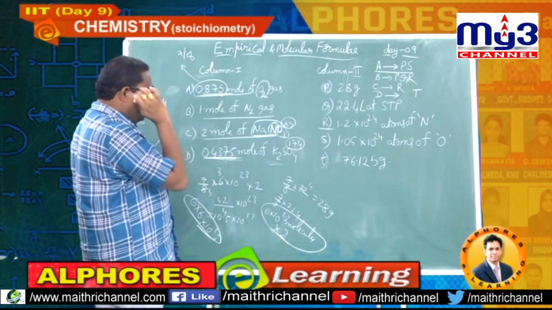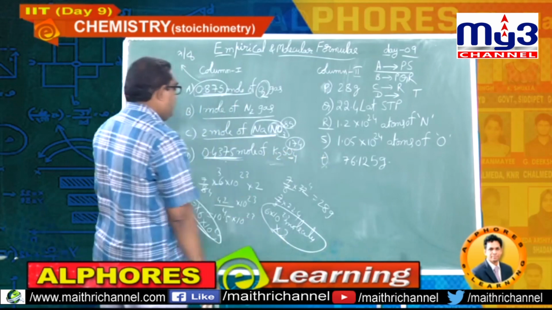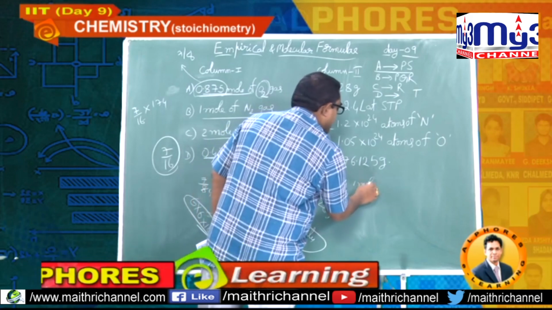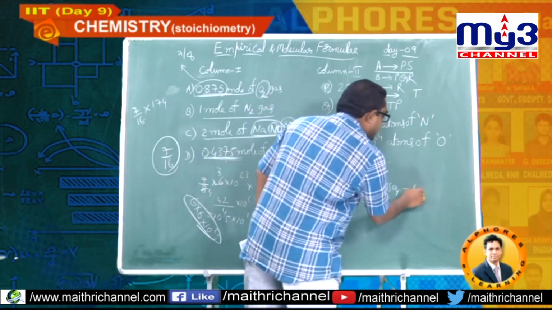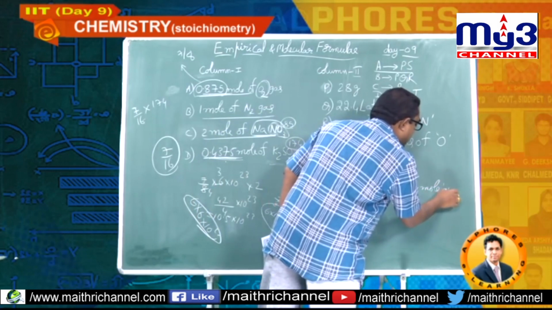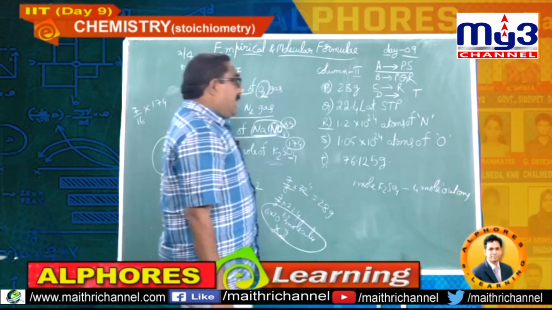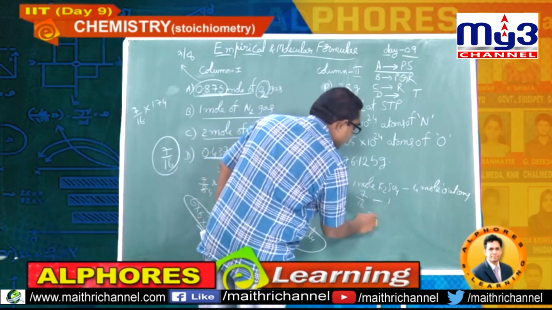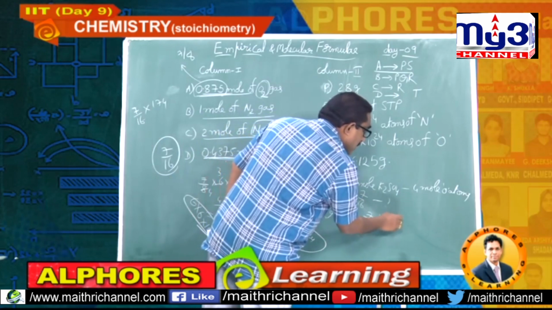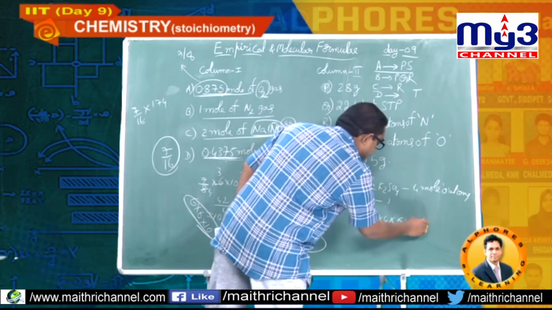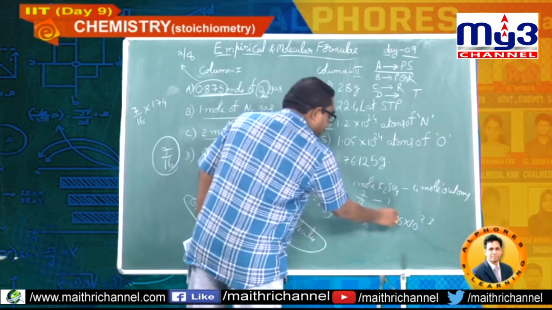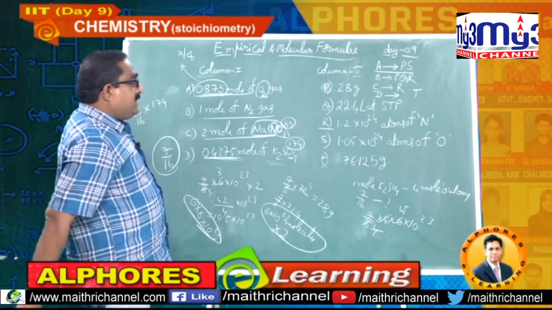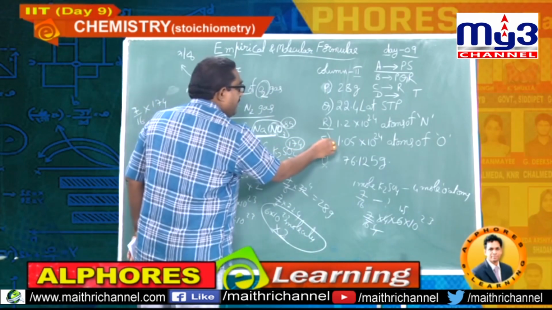Let me check another. Oxygen atoms are there. 1 mole possess 4 moles of oxygen atoms. I am writing here, students. 1 mole K2SO4 possess 4 mole oxygen atoms, because the formula is K2SO4. But how much such moles are here, students? 7 by 16. Possess how much? 7 by 16 into 4. Mole means convert into number, 6 into 10 power 23. So this is 4, this is 1.5, 7 into 1.5, 10.5. So 1.05 into 10 power 24. It is also matched with yes.